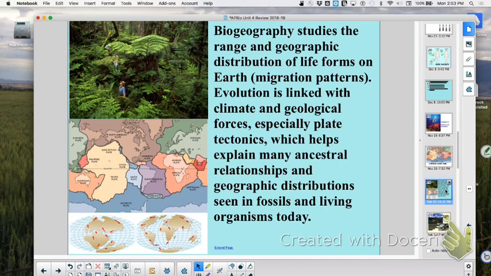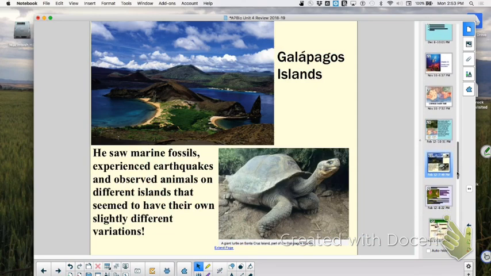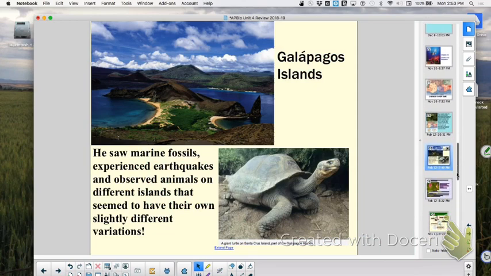Biogeographical evidence. Change over time, continents moved over time. You can only survive where you have an environment that you're adapted to. We looked at fossils, the tortoise, the turtle, Galapagos Islands. We looked at the shells. This guy must live in an area where he can eat algae from where? From the ground, right? He's not eating tree leaves. How do you know he's not eating tree leaves? Because his shell would go up more if he was.